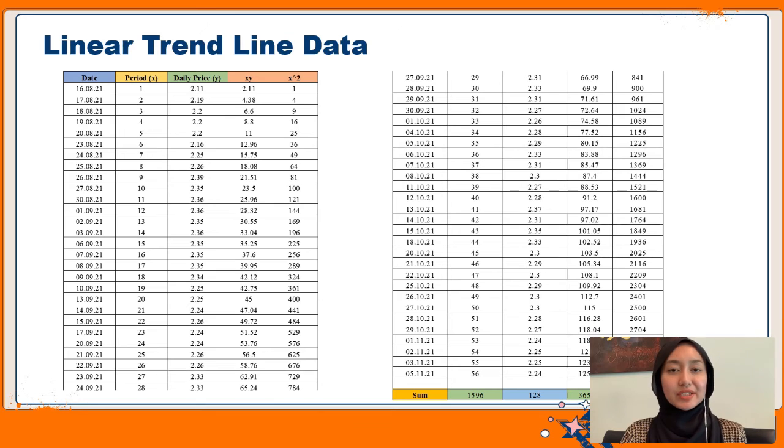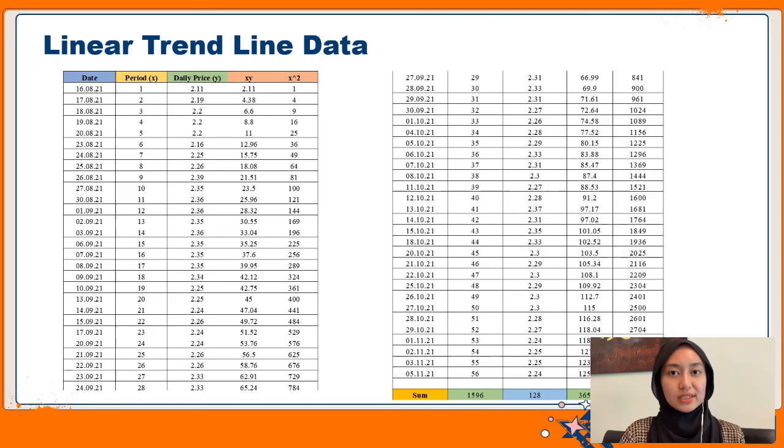Next, these are the historical daily price data of Sime Darby Bhd, where we have the daily price data from 16th of August until the 5th of November. Then we need to assign each date as one period. So to solve for the equation, we need to assign the period as x and the daily price as y. Then we need to find the value of x times y and also x squared before solving the equation by